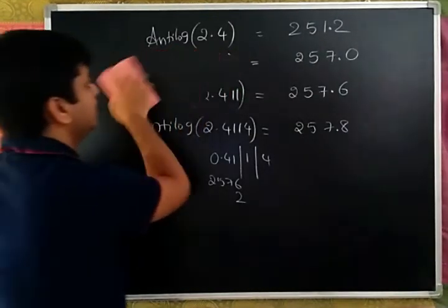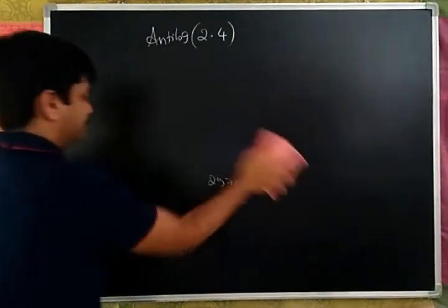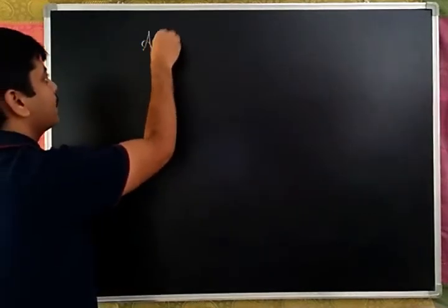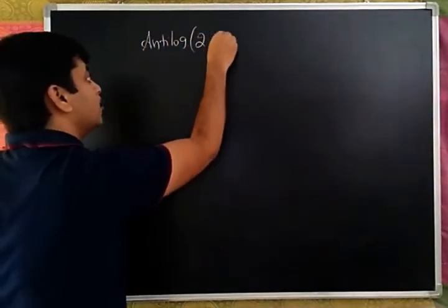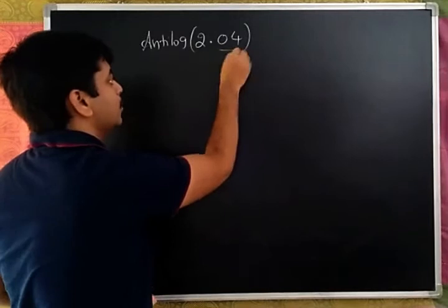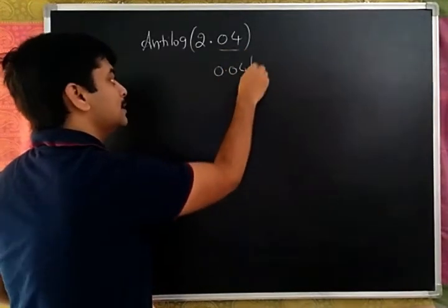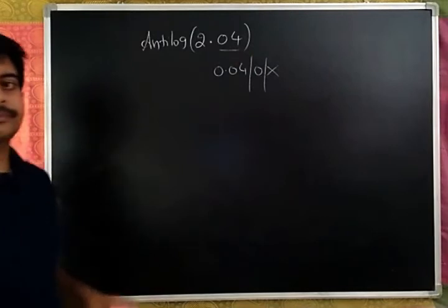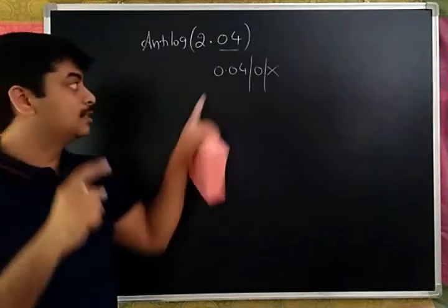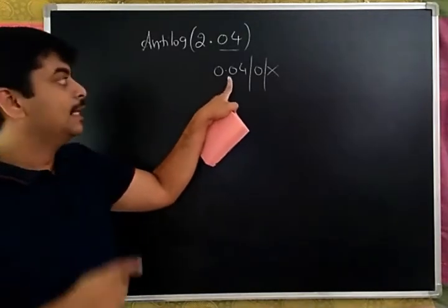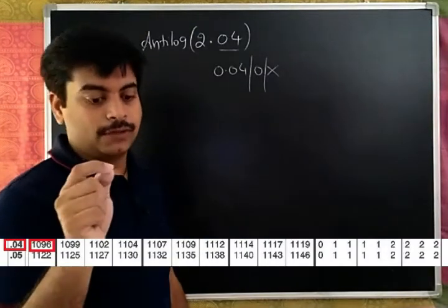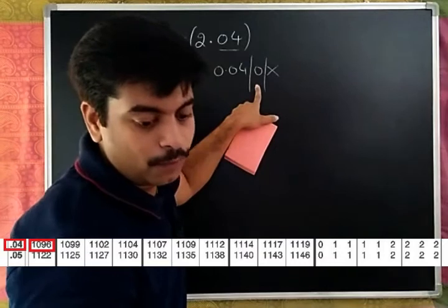Let us find the antilog of 2.04. Now you have 0.04, and you need to check the 0.04 row, 0th column, and no mean difference. It is 0.04, not 40. Please don't confuse it with 4 or 40. In the anti-logarithm table, at the very first row you have 0.04, and in the 0th column you have